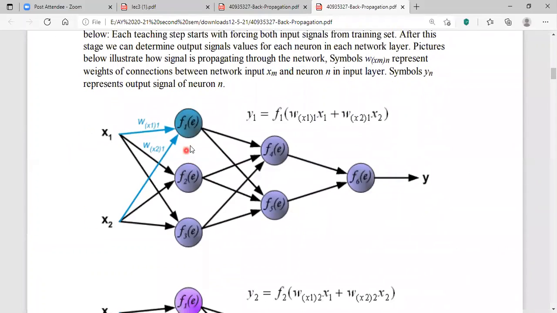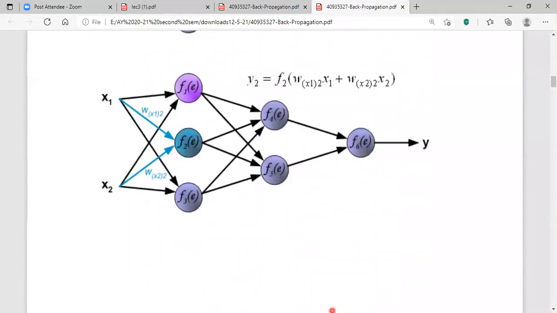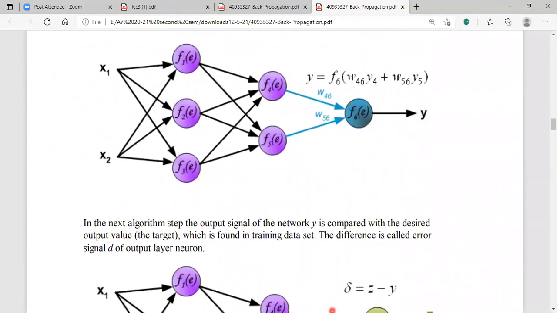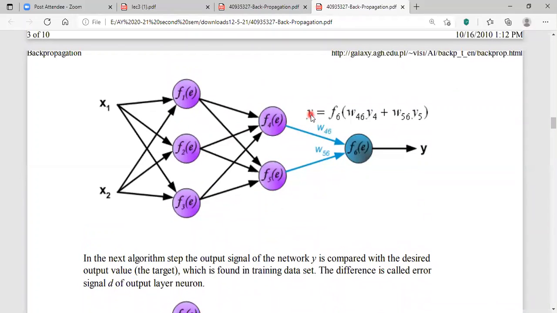Again, you calculate your y1 with the new weight coefficients, y2 with new weight coefficients, y3 with new weight coefficients, y4 and y5. Finally, y with the new weight coefficients. And you need to cross check whether the output is achieved,